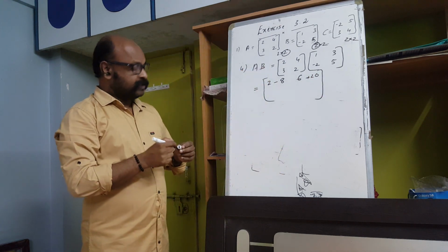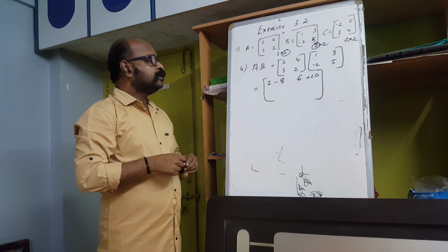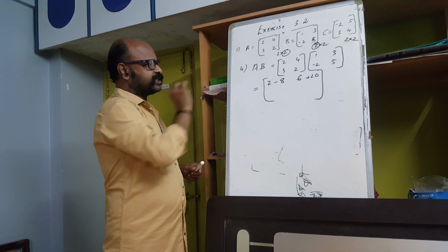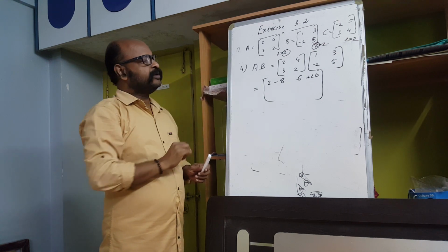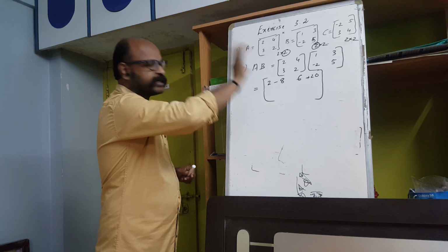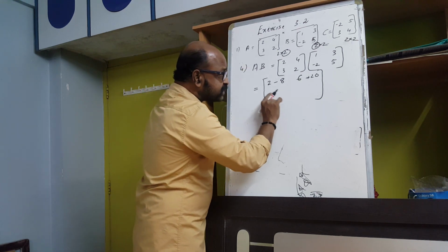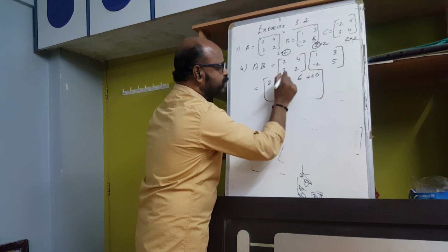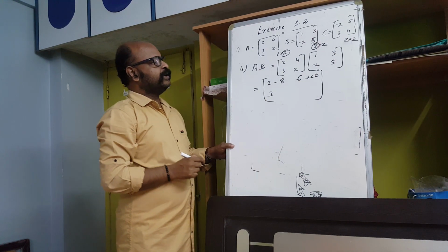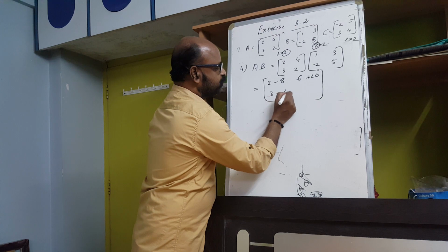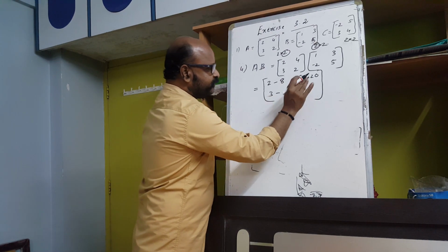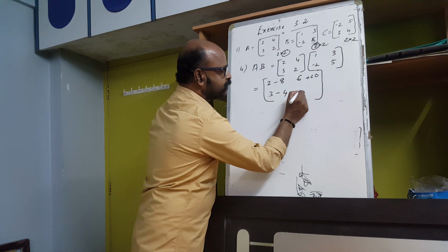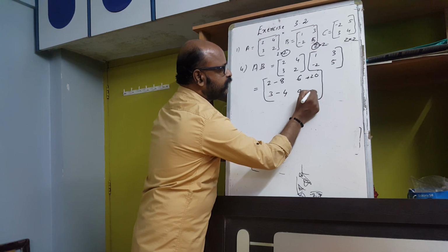So when we write the first row of the product AB, we take the first row of A. First row into first column gives the first element, first row into second column gives the second element. That way the first row is completed. Okay. Now when we write the second row of AB, take the second row of A, first column of B. So 3 into 1, 3. Then 2 into minus 2, minus 4. Then the second row, second element, second row into second column, that is 3 into 3, 9, and 2 into 5, 10.